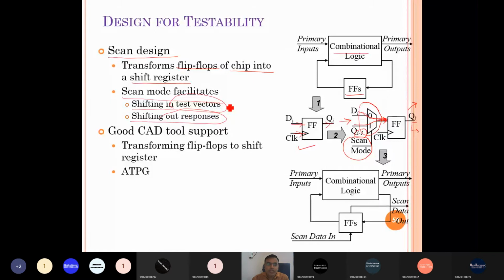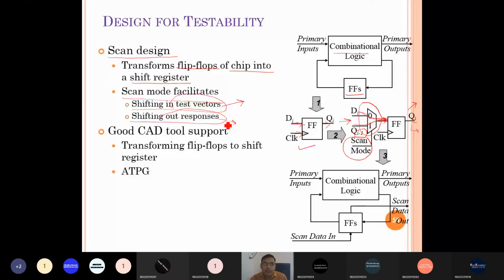Shifting in the test vector means setting the internal node with a particular logic, so it reduces the difficulty of controllability. And shifting out the response means we can observe any internal node at the primary output by shifting the data, so it reduces the observability problem of the design.